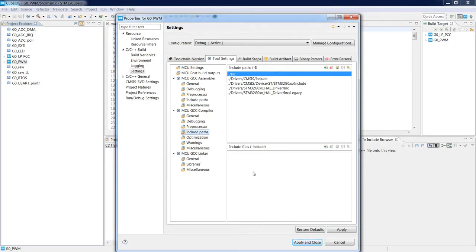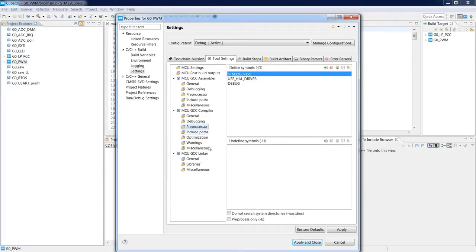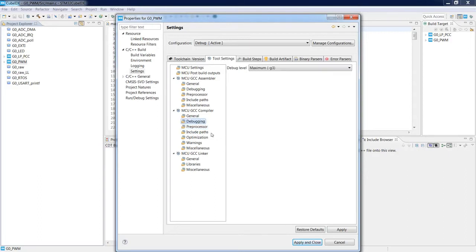You can add something new. You can add some define symbols within the preprocessor. You can specify the debug level from none to maximum, with the amount of information which would be generated and available during the debug session. Those are the main settings which are available for the projects.